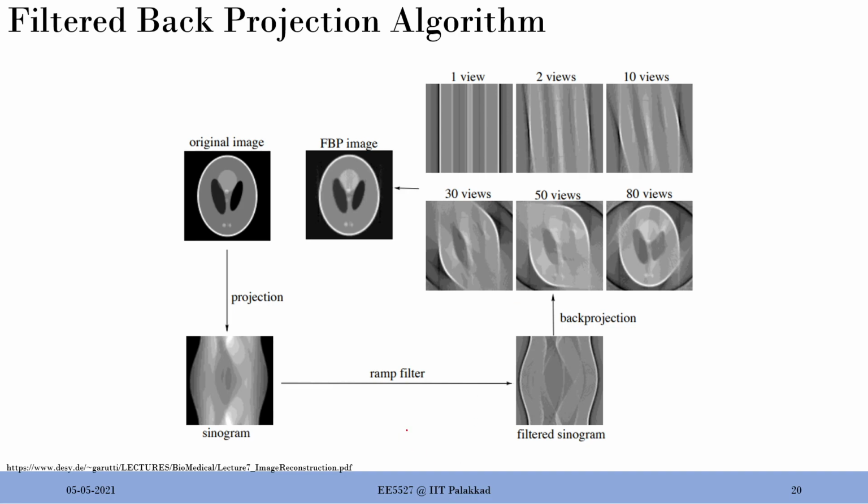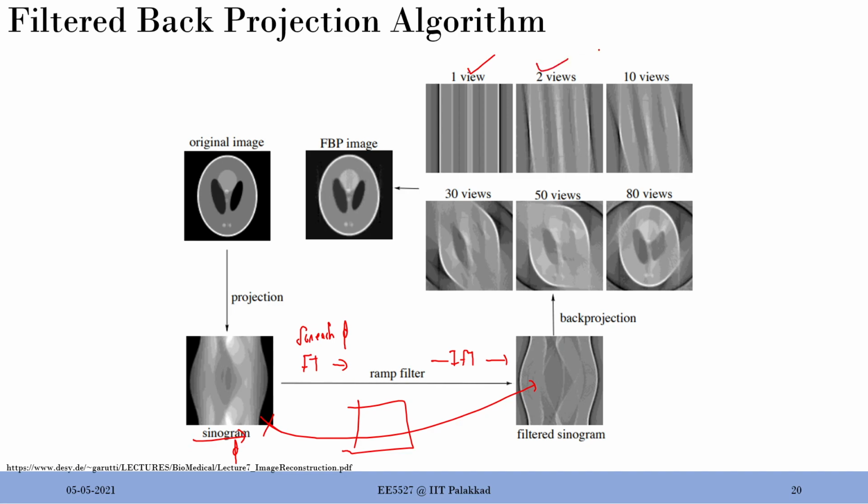So this is the step. You have the original sinogram, and through that Fourier transform step and through the RAM filter you get a filtered sinogram. Okay, so there is a hidden step here. Let me actually put it here. For each angle, each phi, that means you are moving in this direction, this is a phi. You take the Fourier transform, then you put the RAM filter, you take the inverse Fourier transform, then you stitch them together, you get this, right? So there is an algorithm which is actually happening here. You get a filtered sinogram, and then from the filtered sinogram you do the normal back projection.